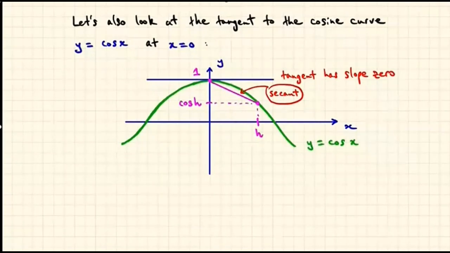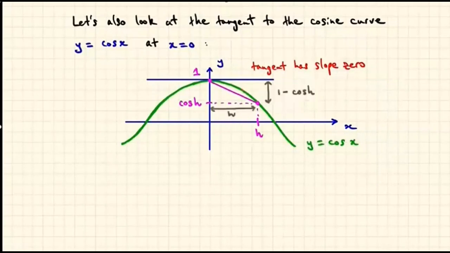In moving along this secant, the horizontal run is h, and the vertical rise is actually a decline of 1 minus cos h units. So cos h minus 1 is negative. And if we divide it by h,